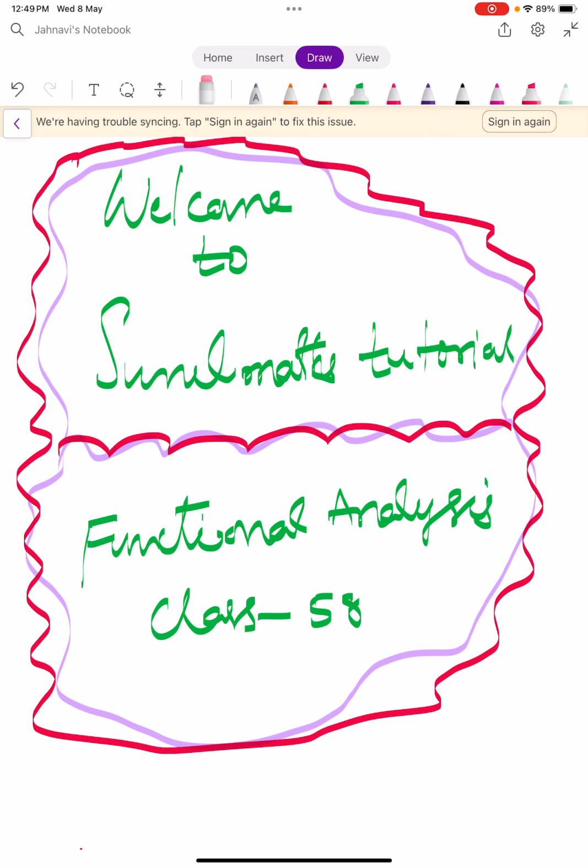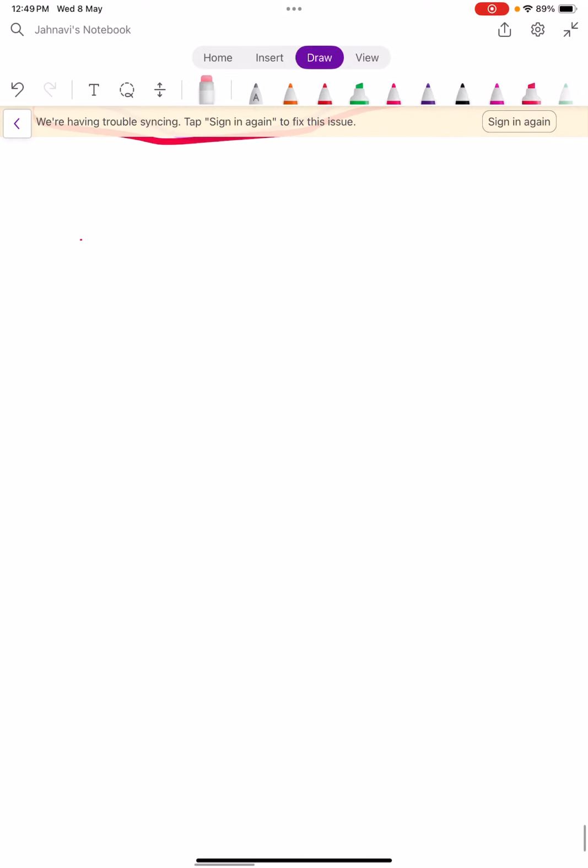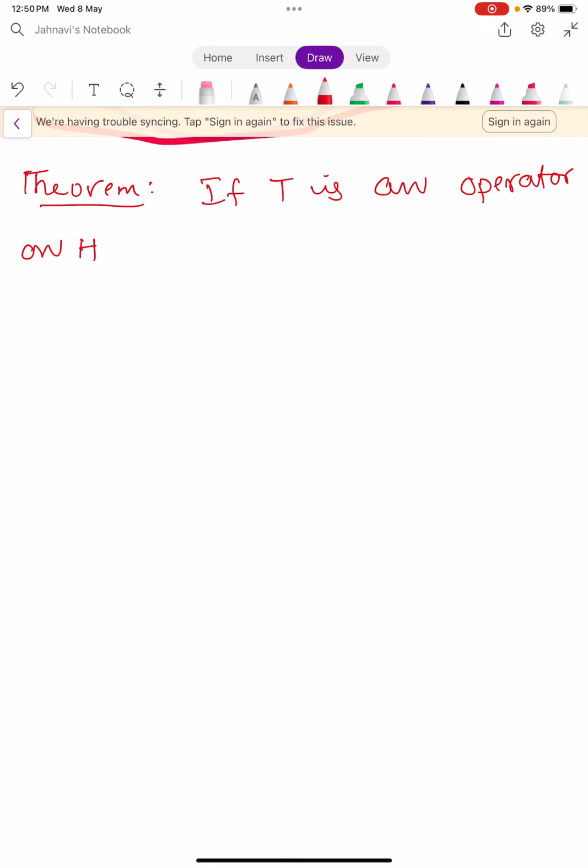In this video, we learn a theorem that depends upon the real and imaginary parts of the transformation or operator. Let us see the statement of the theorem. If capital T is an operator on capital H, which is a Hilbert space,